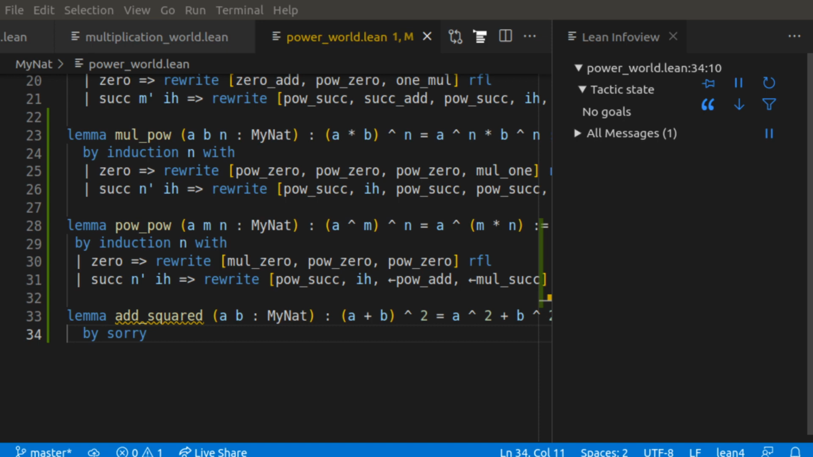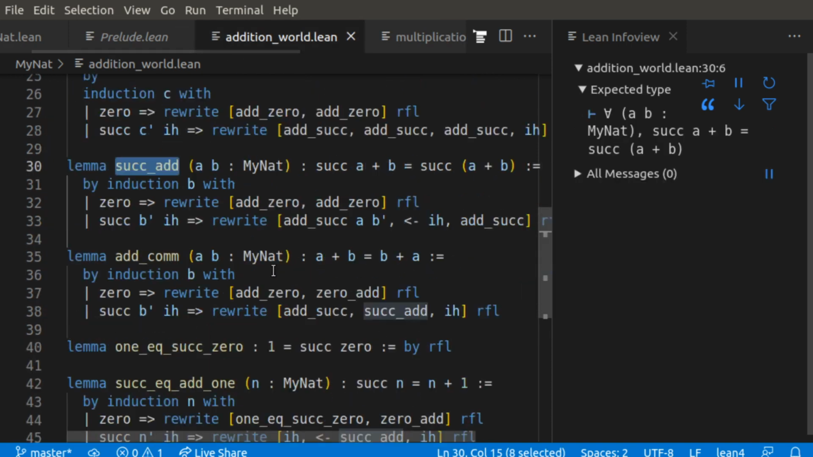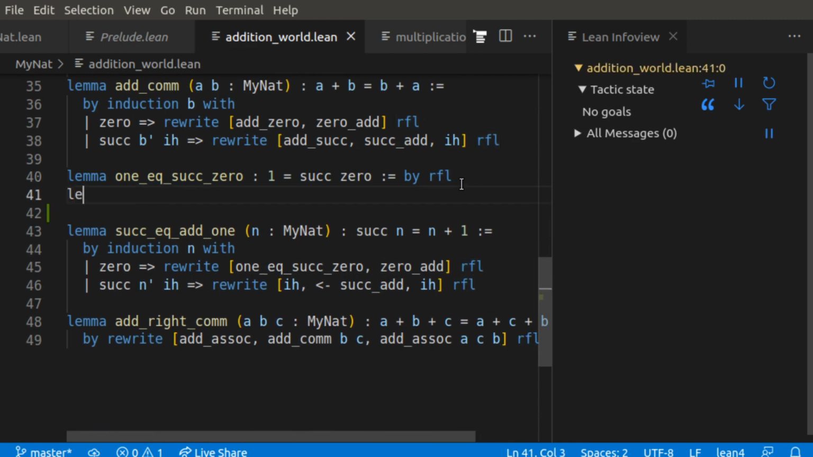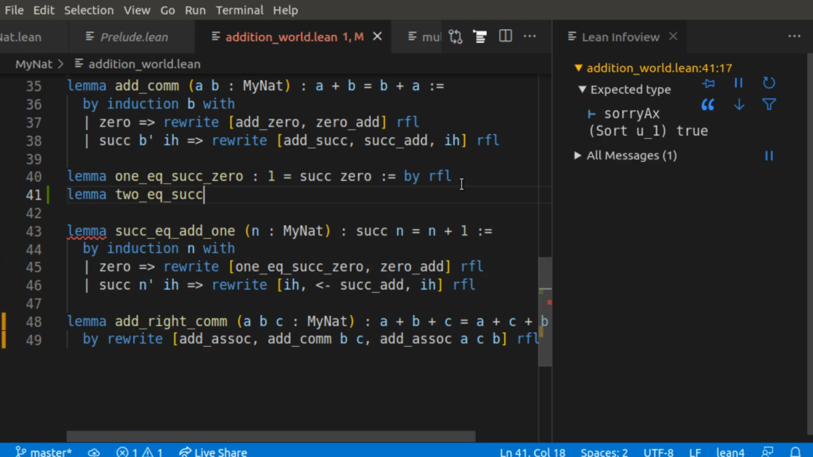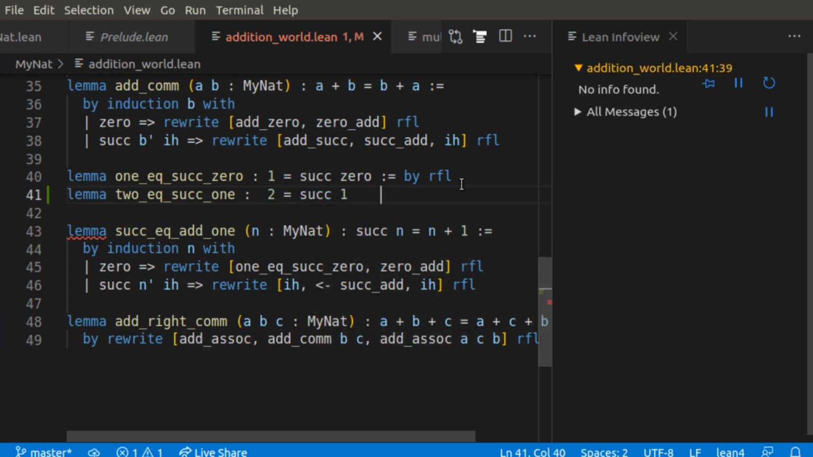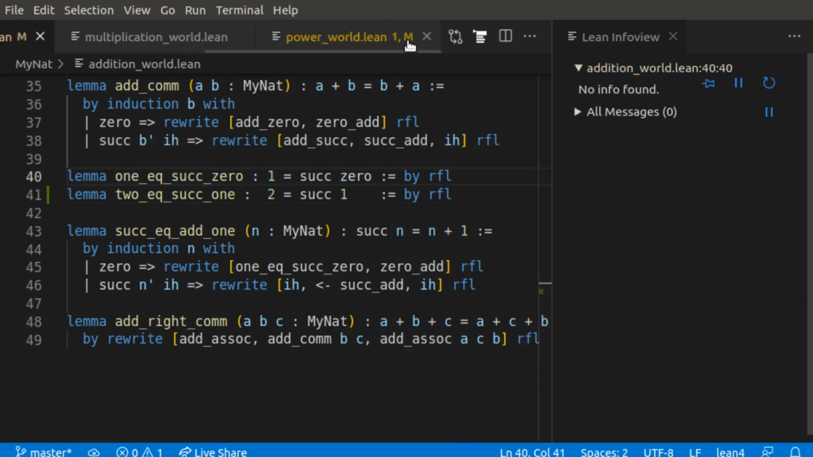We might, okay. For this one that talks about something along the lines of 2 equals successor of 1, we have 1 equals successor of 0. Let's also add, I guess we put it in addition world. Lemma: 2 equals successor of 1. 2 equals successor of 1 by reflexive. Nice. We might need to use that. So I'm guessing